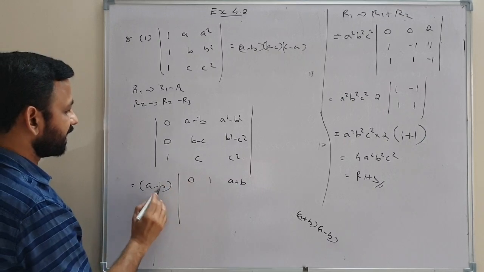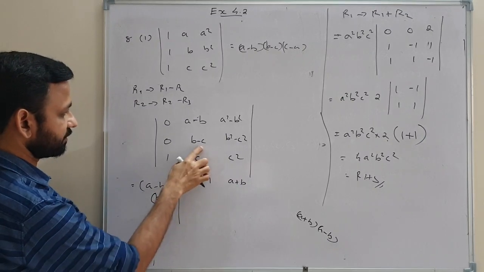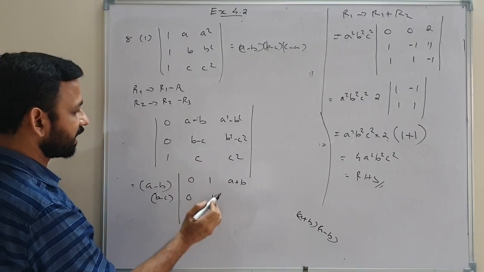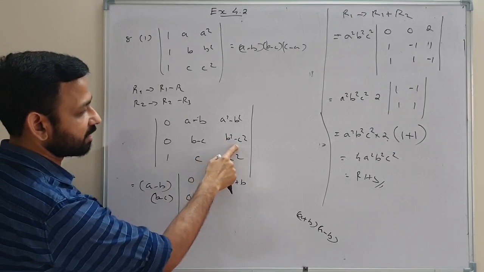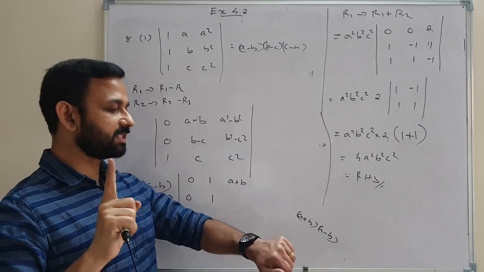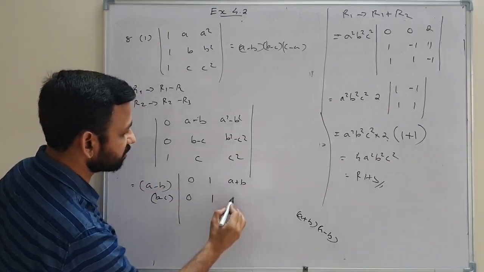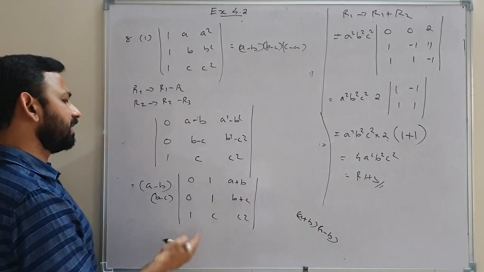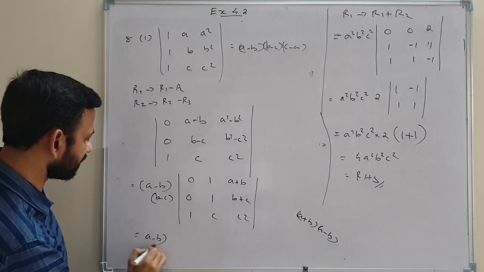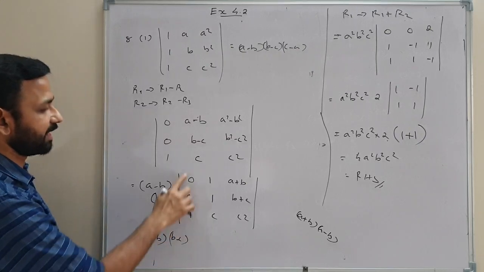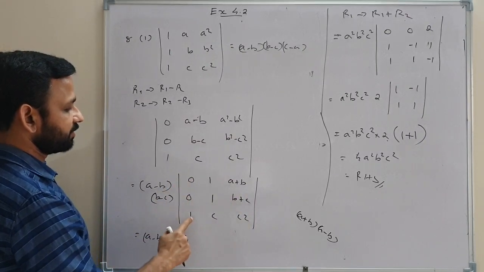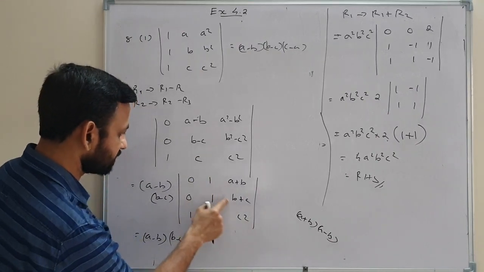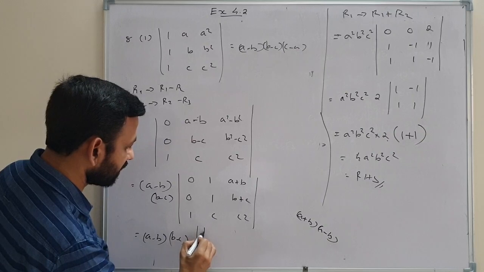Then we can take B minus C common from second row. When we take A minus B into B minus C outside, 0, 1, then B minus C outside. B square minus C square is B plus C into B minus C. So B minus C outside, so B plus C. Then 1 C C square. Then that is A minus B we got, B minus C also we got. Now we can reduce it into 2 by 2 form, positive, negative, positive. So 1 into delete. Then its determinant B plus C,